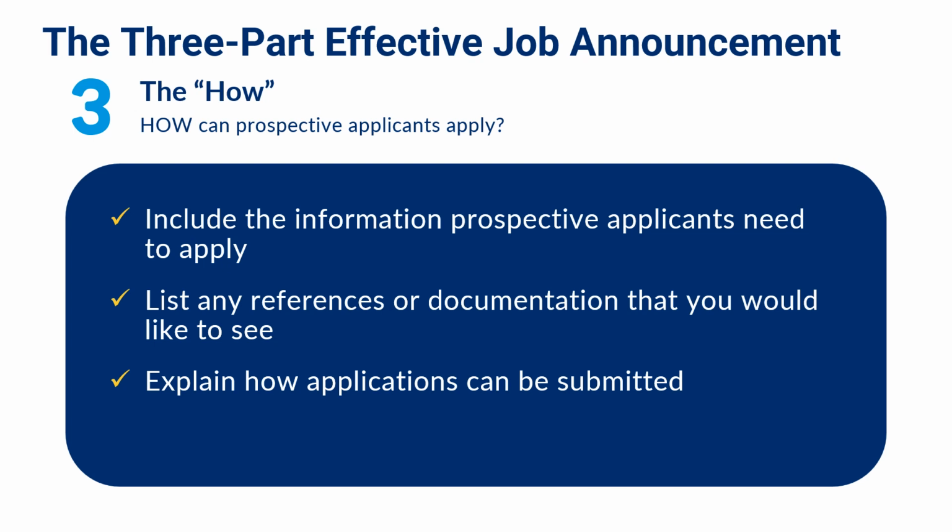The third and final part is the how. This section is mostly logistical, but information here sets expectations on both sides and avoids any surprises later. This outlines all the information you would like to see as part of their application and how they will put it together and submit it to you. If you are thoughtful and proactive here about what information you would like to see, it will help down the line when you are making decisions about applicants.